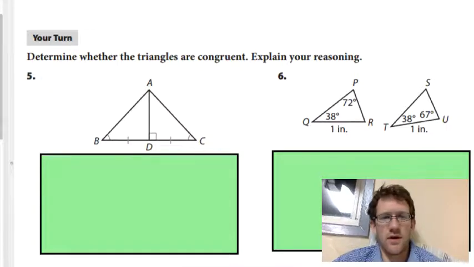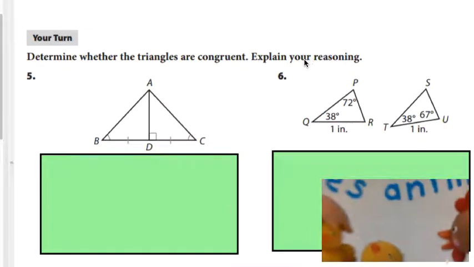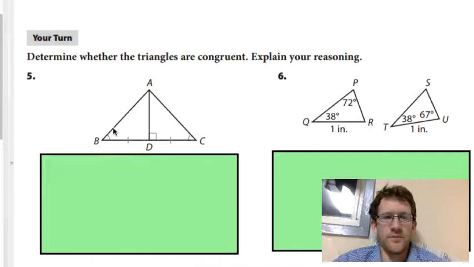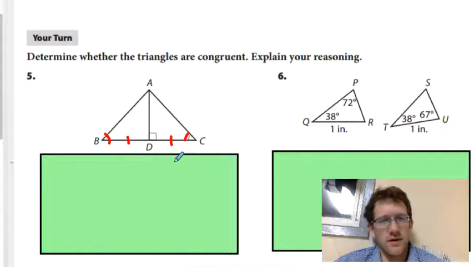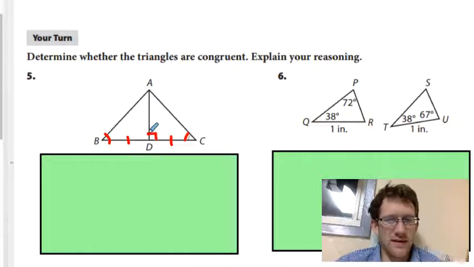Okay, go ahead and see if you can do 5 and 6. So pause here. For number 5, we have two triangles. We have ABD and ACD. We know that this side corresponds with this side. This angle is congruent to this angle. And then this one is 90, but remember that